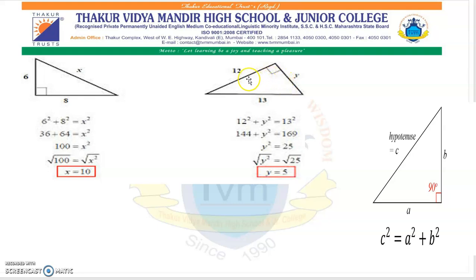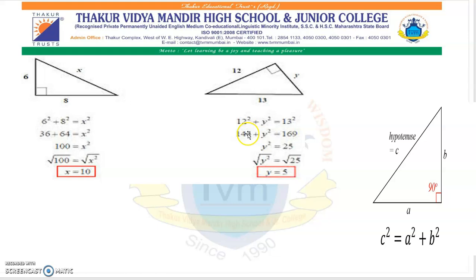In this again, this is a right angle triangle. Side opposite to 90 degrees is the hypotenuse here. This is side 1. This is hypotenuse. This is side 2. In this question, this is different from this one. Here we are finding longest side, but here we are finding other side. Side 1 is given 12 plus y square equal to 13 square.